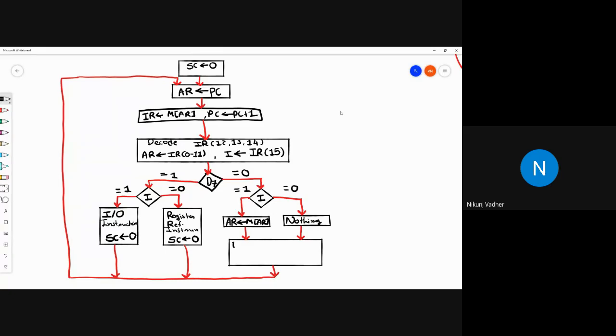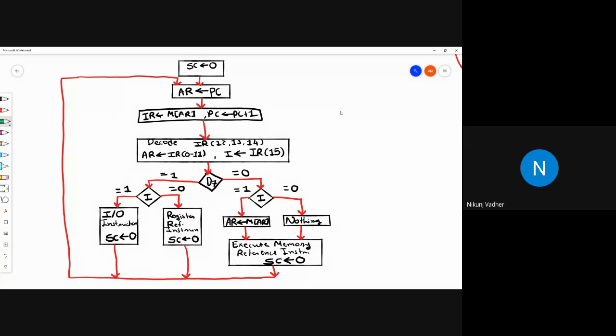Then execute the memory reference instruction, and after executing it, set sequence counter to 0.